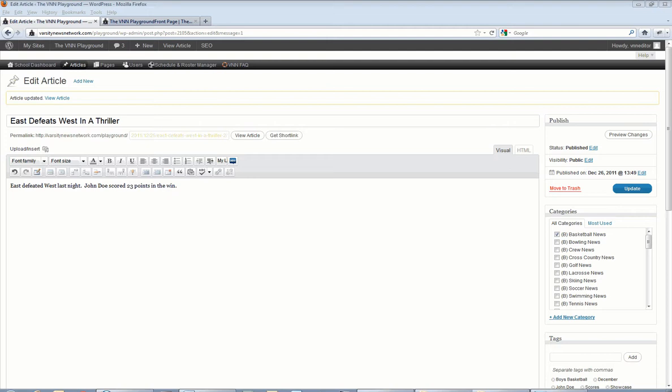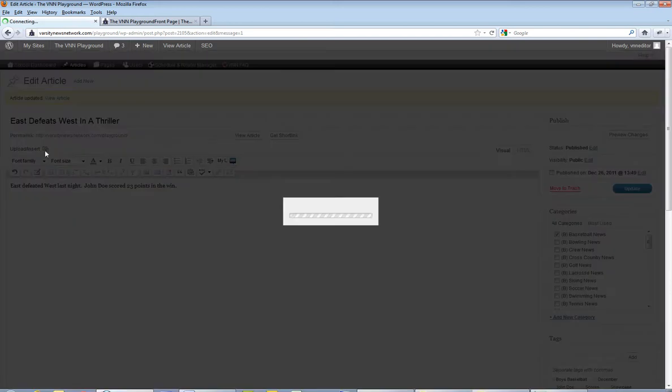Now the first thing we want to do to insert a photo gallery is we want to either be on the page or the article where we want to insert it. It's going to look the same for both articles and pages. So what I'm going to do is tab down because I want the gallery to appear underneath the text. We'll go up to the Upload Insert function here, click on that,